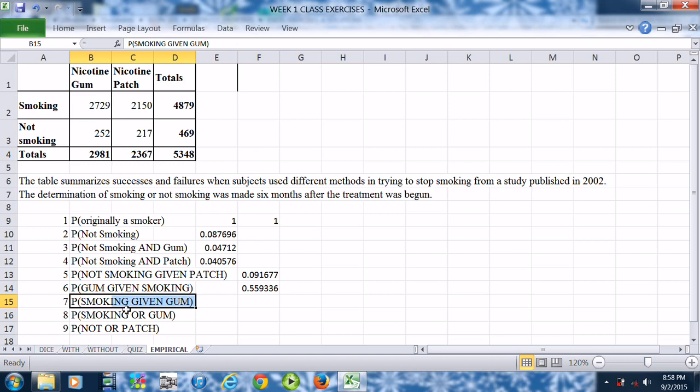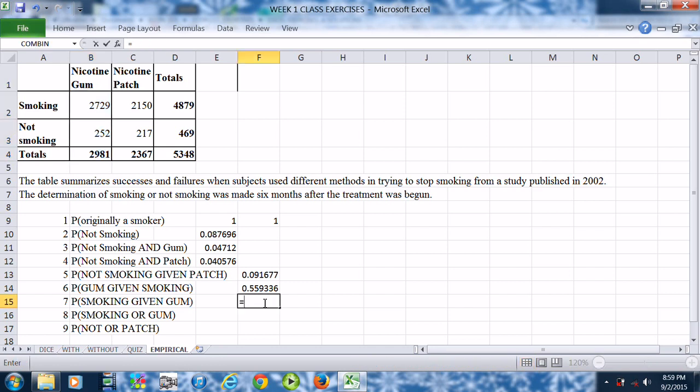So this one, given the condition try to quit with the gum, is opposite of what we did before, where we wanted to find gum given smoking. Now we're going to do smoking given gum. So we know these individuals tried to quit using nicotine gum. So 2,981 tried to quit using the gum. Of those who were still not smoking, that's